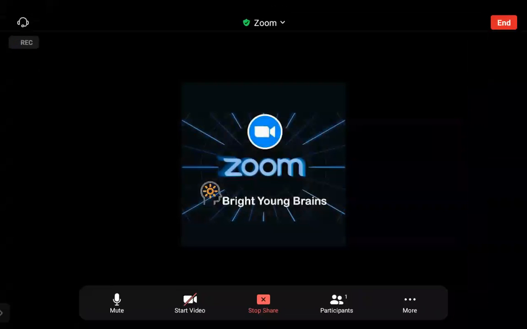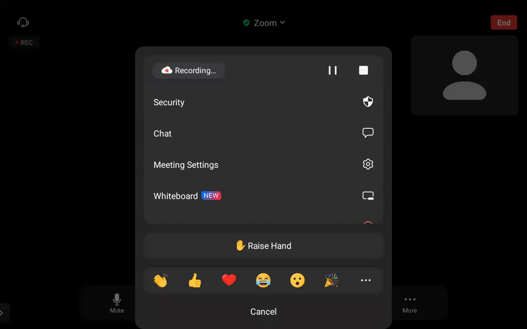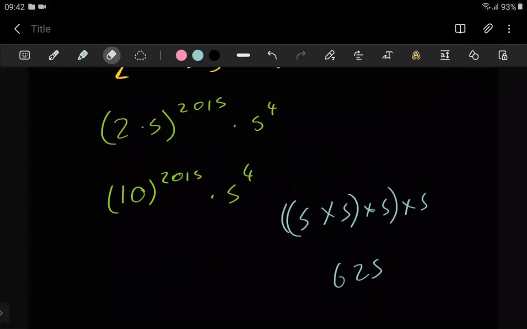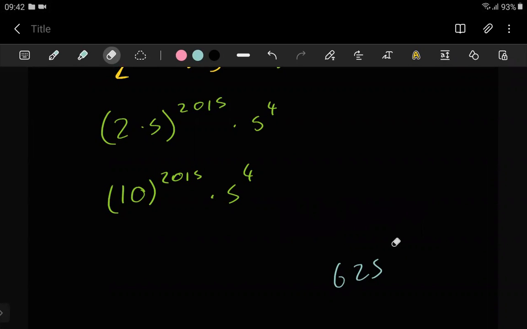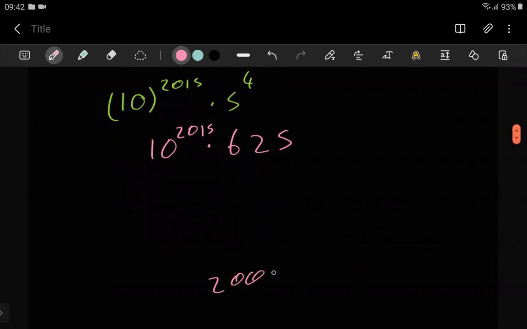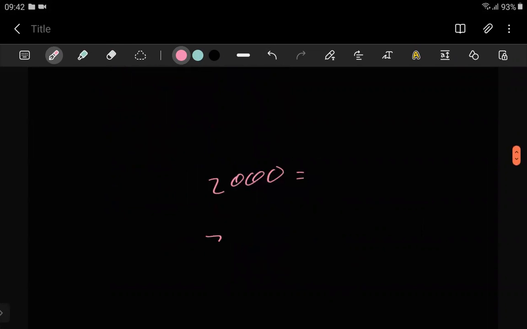Hold on. It converted the 5 to the power of 4 to 625. Now, my question was, what is the sum of digits? I don't understand how to get the sum of digits. Okay, so they just mean adding up the numbers in the number. So for example, if you have the number 2000, the sum of the digits here is 2 plus 0 plus 0 plus 0,